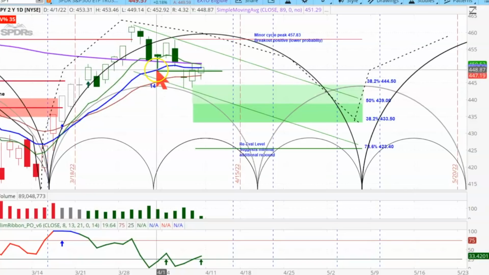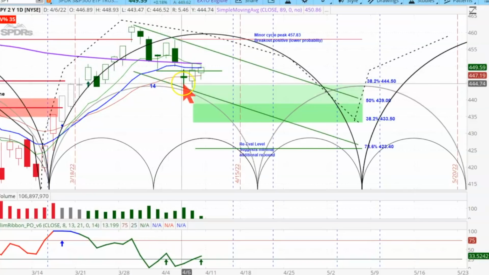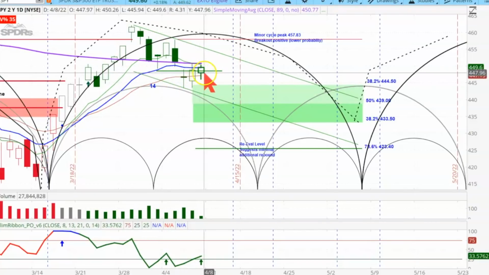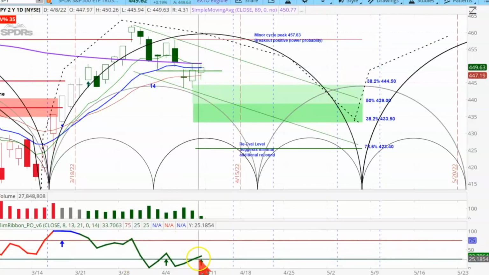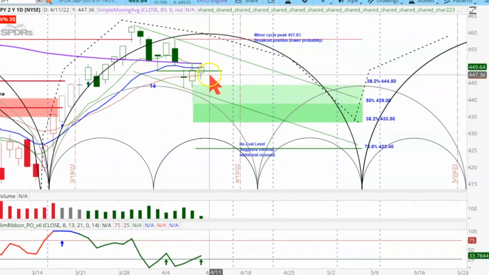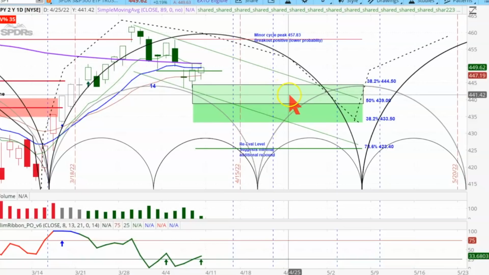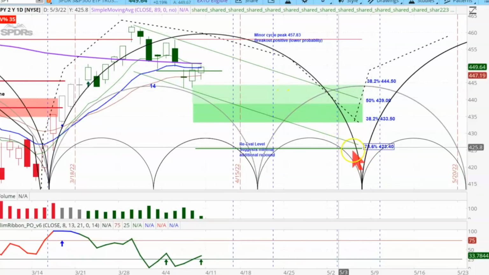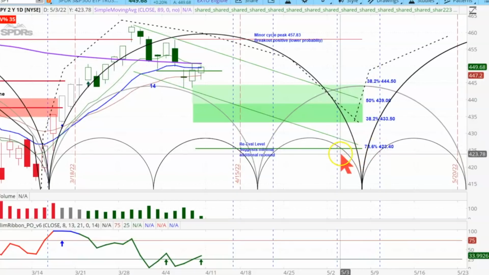So there's that 14-day low, the breakdown right over here, and what looks like a little flag forming in here, and the flattening of the slim ribbon. Still positive momentum. It looks to us, since this broke down under here, that this is going to continue in a correction. That would take you out to this level, this time frame out over here into early May for